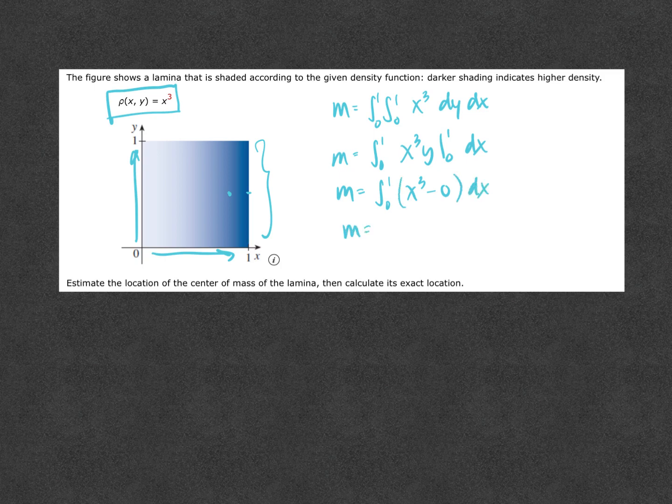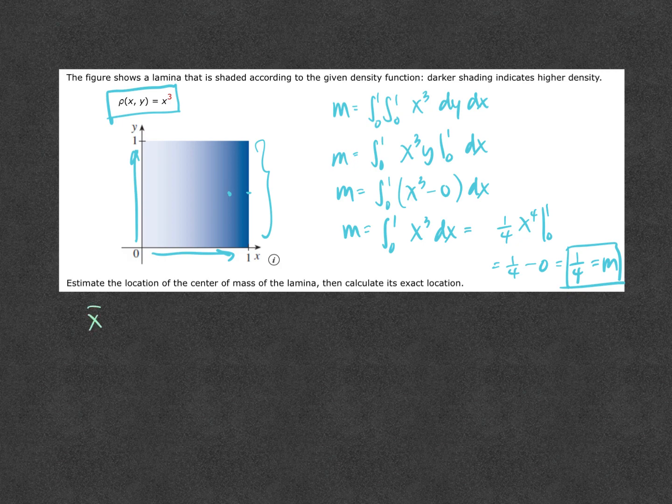So now we just have the integral from 0 to 1 of x to the third with respect to x. So when we integrate x to the third, we get 1/4 x to the fourth from 0 to 1. So when we plug in 1, we get 1/4 minus 0, which is 1/4. So our mass is 1/4. And remember, that's important when we're calculating our x bar and our y bar, the values for the center of